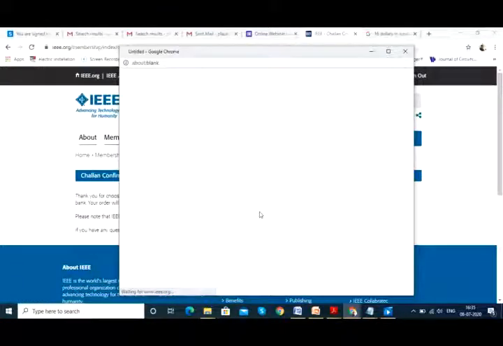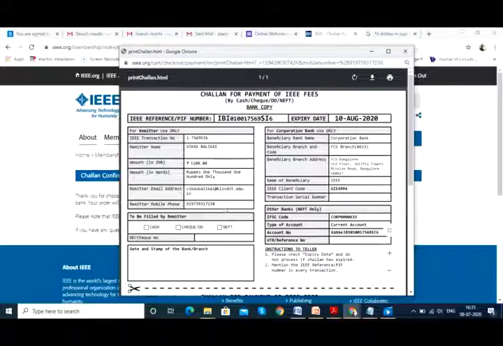Just hold for a minute. Yeah, can you see the amount here? It is exactly 100 rupees less than today's dollar rate. So always try to pay by Challan, and there will be only one Challan generated, with respect to Corporation Bank only. They have not given any other options with other banks, so try to pay this Challan in the Corporation Bank only. But the main advantage of paying with the Challan is that the amount will be 100 rupees less than today's dollar rate.